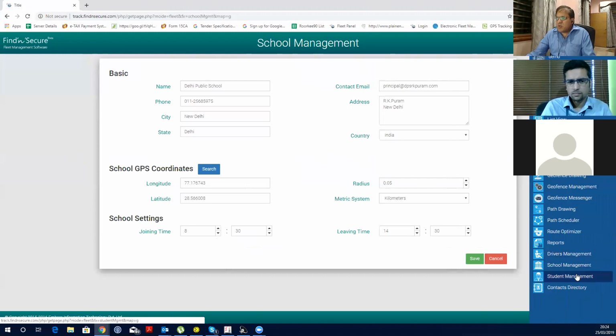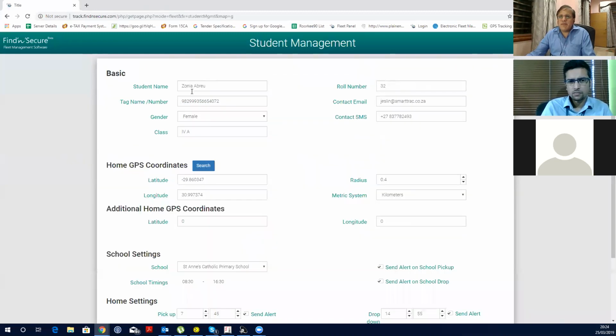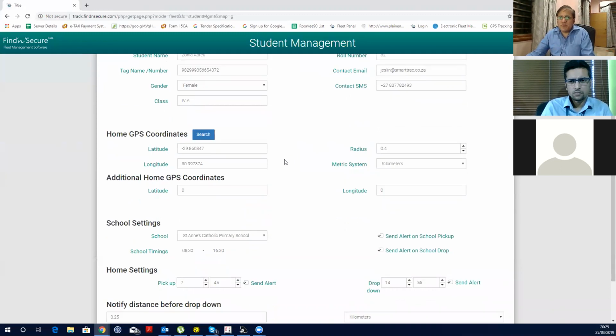After school management, let me go to student management. Here, what you can do is you can create students. For example, I have a student called Dhoni Abreu. I can enter the RFID tag number of the child, gender, class, roll number, contact email of the parents, contact SMS of the parents, and the home GPS coordinates. Where does the child live? Suppose the child is living in 2 houses, we can have an additional home GPS coordinate also, and we can now